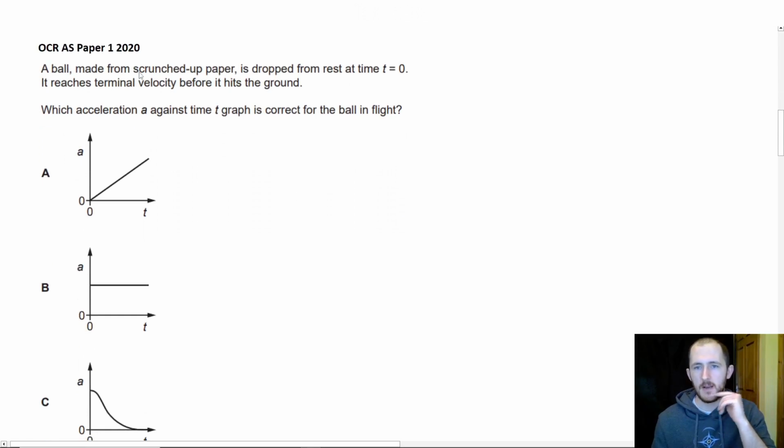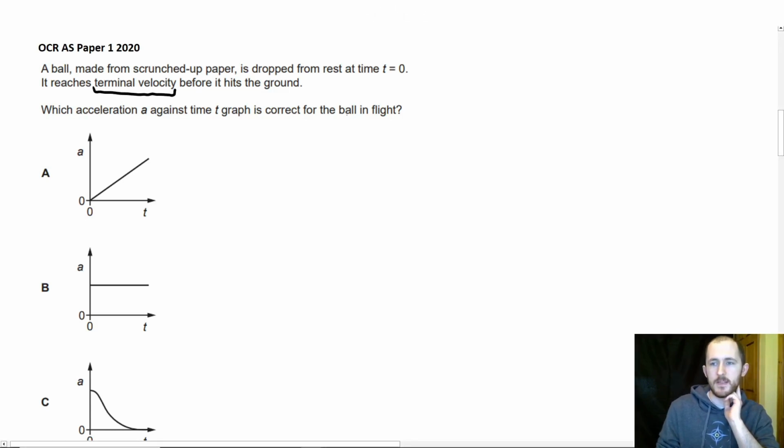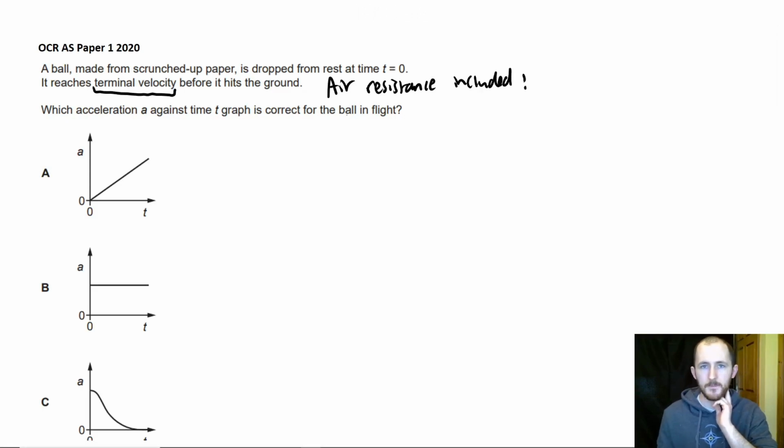So a ball made from scrunched up paper is dropped from rest at time t equals 0. It reaches terminal velocity before it hits the ground. Which acceleration A against time? So first of all, the reason why they've included the terminal velocity, it means that air resistance is included. Okay? So, for example, someone might, in their ignorance, say, oh, it's B, because acceleration is constant, you're dropping it,